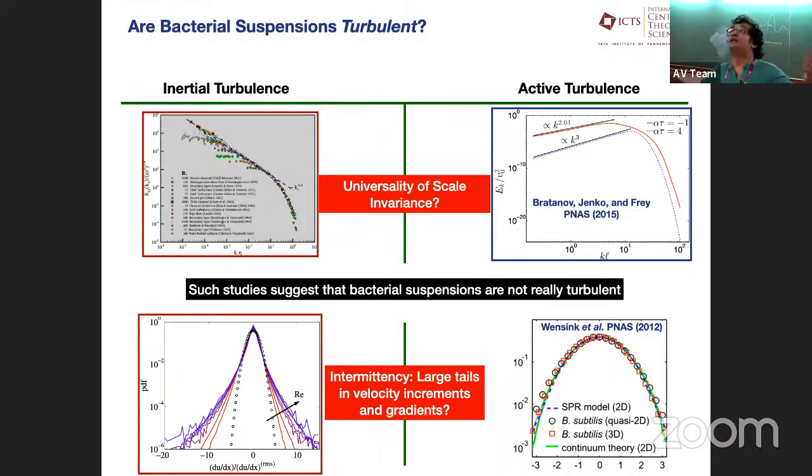But how do you get a non-equilibrium steady state? The way you get a non-equilibrium steady state is the following. We are injecting energy in the flow, right? It's as simple as taking a cup of tea and stirring it. All right, if you like sugar in your tea like I do, so you stir it. So that's how you are injecting energy.